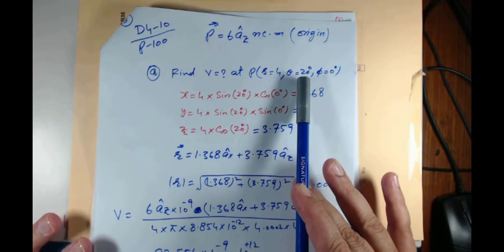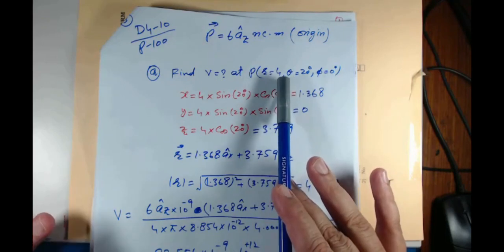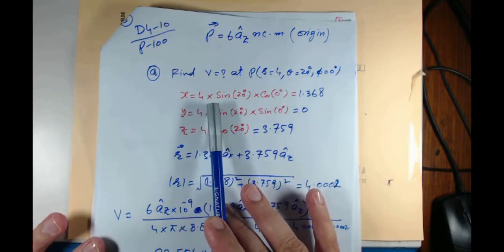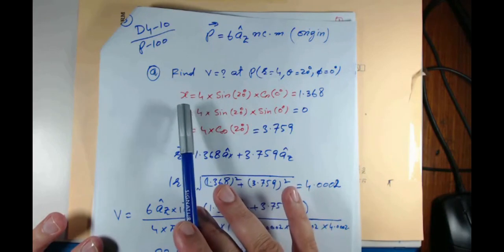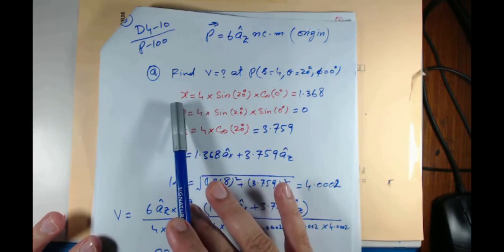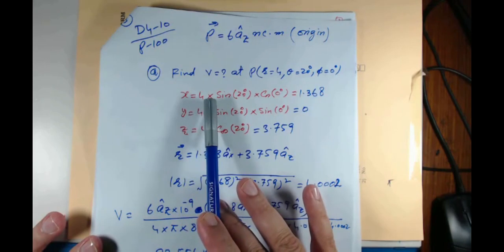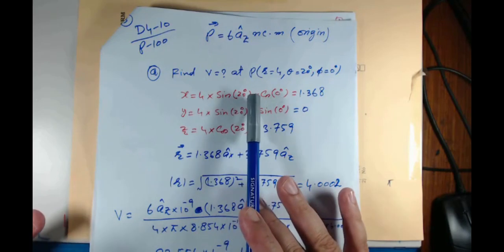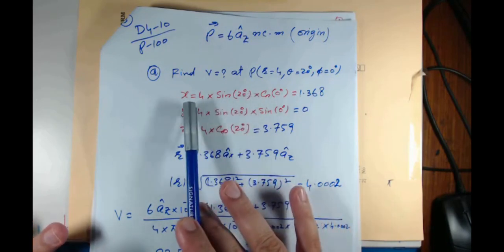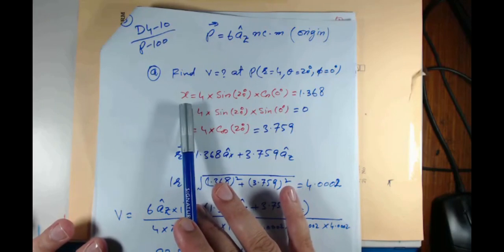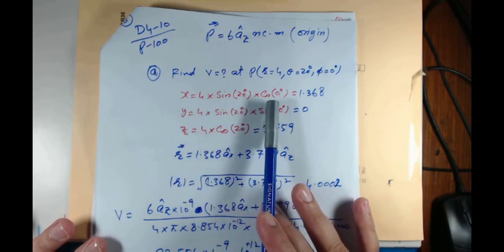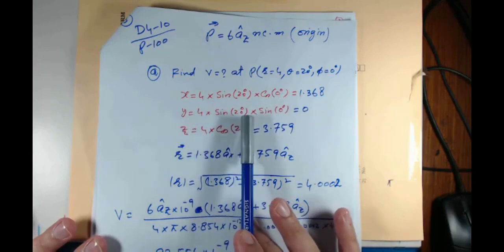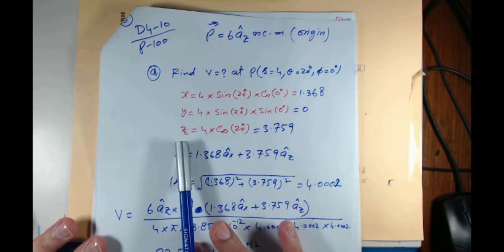We must convert these spherical variables into rectangular variables, using the relation between the rectangular and spherical coordinates. For the x-axis we use x equal to r times sine theta cosine phi. For y we use y equal to r times sine theta sine phi, and for the